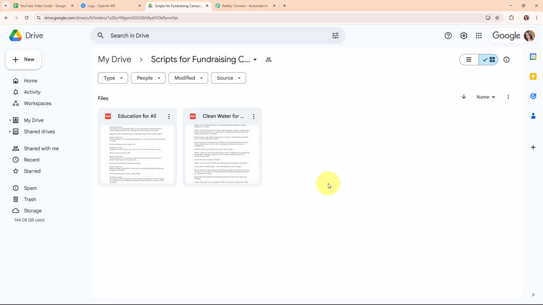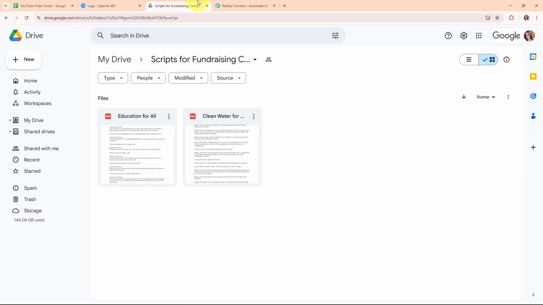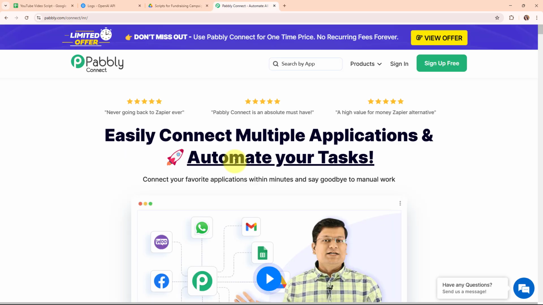Now here in this video we are going to learn step by step how you can create this amazing automation by simply connecting your Google Sheets with your OpenAI account, Google Docs and Google Drive using an automation software named Pabbly Connect. So Pabbly Connect is an amazing automation and integration software, and it connects all your favorite apps and makes them work together seamlessly. You can set it up to do things automatically like updating customer info across platforms or sending notifications when something important happens. It's really easy to use and saves you tons of time that you can spend on more important